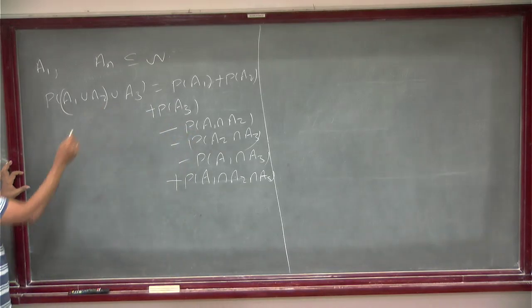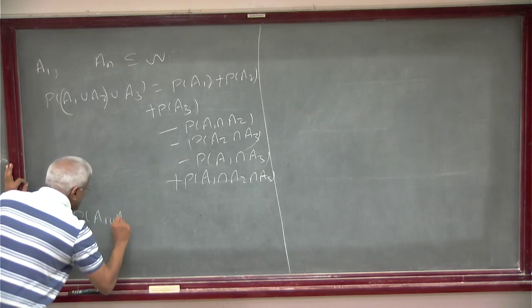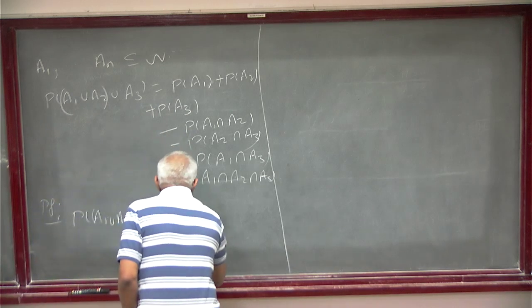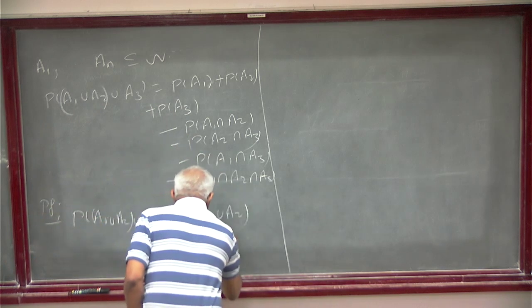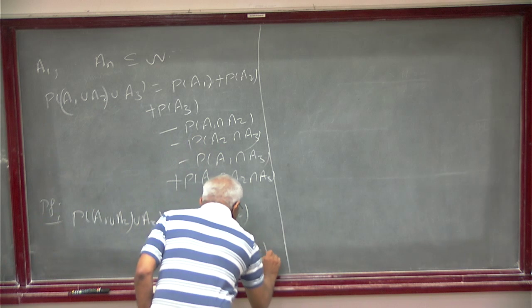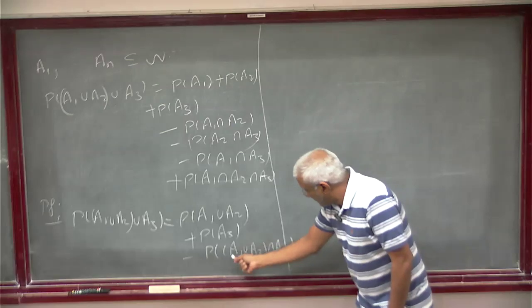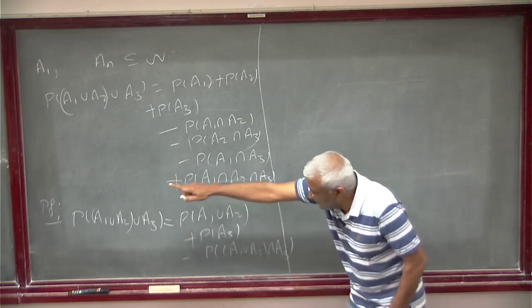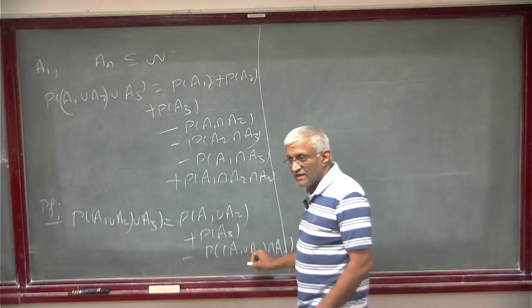Okay. So you can prove this. The proof is you can take P of A1 union A2 union A3, which is equal to P of A1 union A2 plus P of A3 minus P of A1 union A2 intersection A3. Now you will get the distributive law: A3 intersection A1, A3 intersection A2, with a union in between. Again, you use that. That will give 3 of that and 1 intersection of that. Okay, this is an exercise.